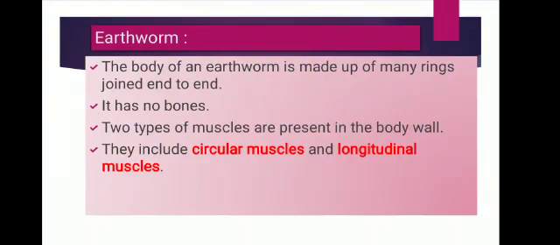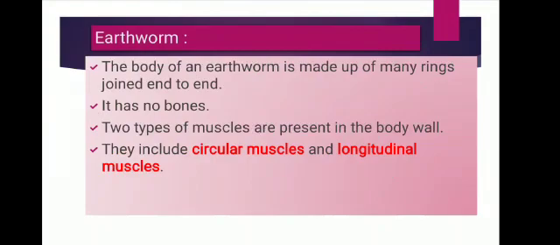Now we usually associate movement with legs, but all animals do not have legs. The animals which do not have legs use only the muscles of their body for moving from one place to place. Some animals which do not have legs are earthworm, snail, fish and snake. We will now describe how these animals move from one place to another without legs.